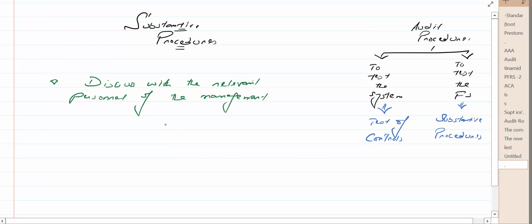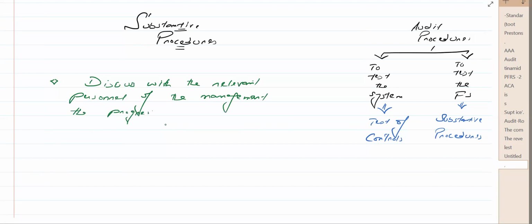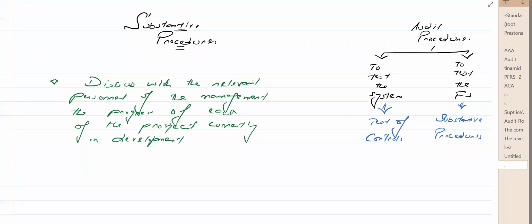You can just write it, or you can just write discuss with the management the progress of each of the project currently in development. So discuss with the relevant personnel of the management the progress of each of the project currently in development